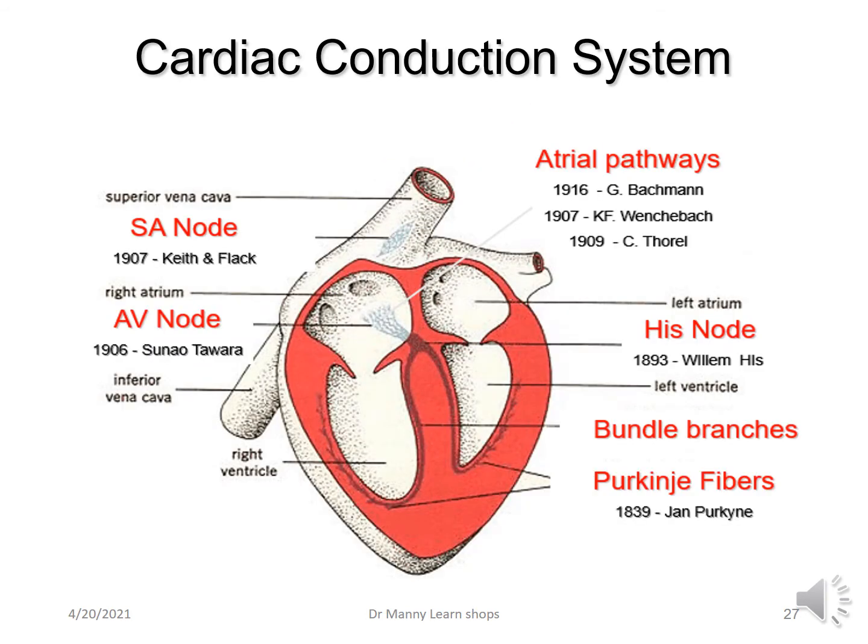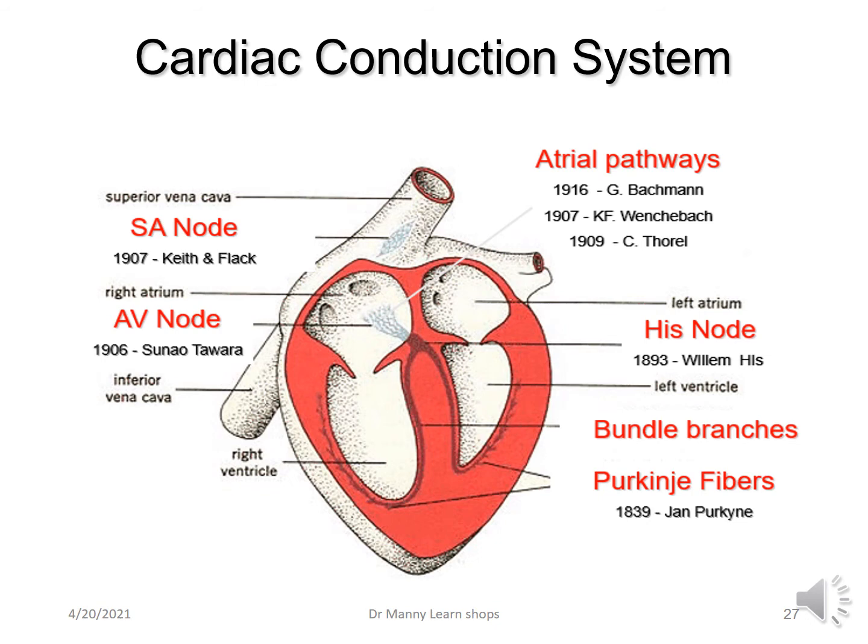When we look at the cardiac conduction system, it consists of the following components. You've got the SA node, the sinoatrial node, which is also referred to as the node of Keith and Flack. And this was discovered in 1907. And it's the intrinsic pacemaker of the heart that's located around the level of the superior vena cava. Then you've got the intra-atrial pathways, and they were discovered in the early 1900s by 3 physiologists, Bachmann, Wenckebach and Thorell,